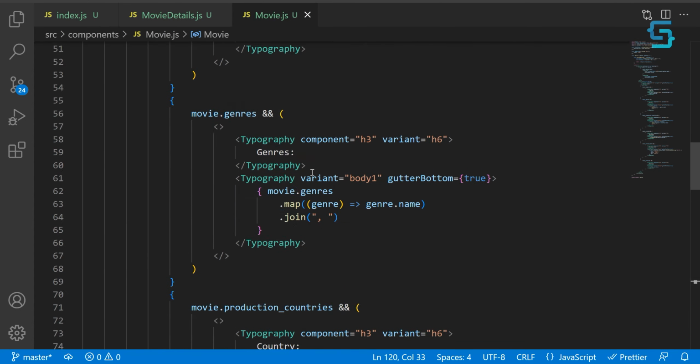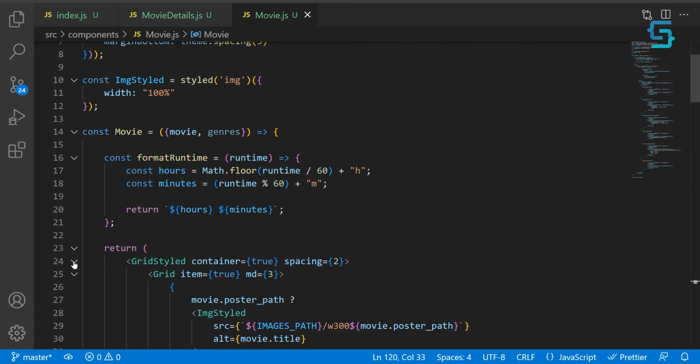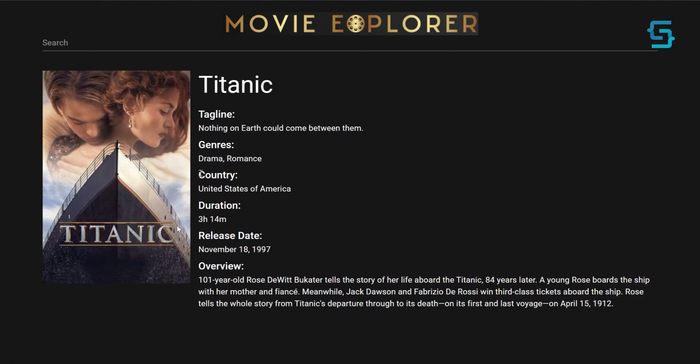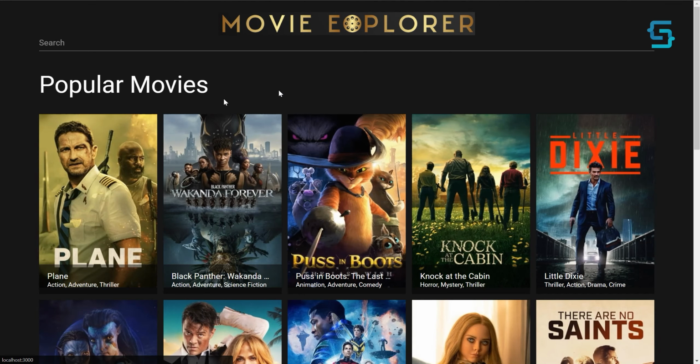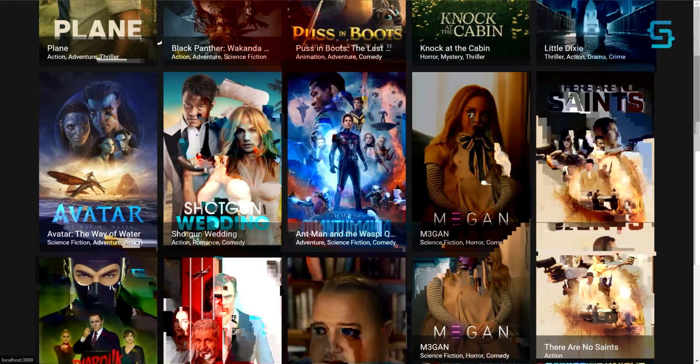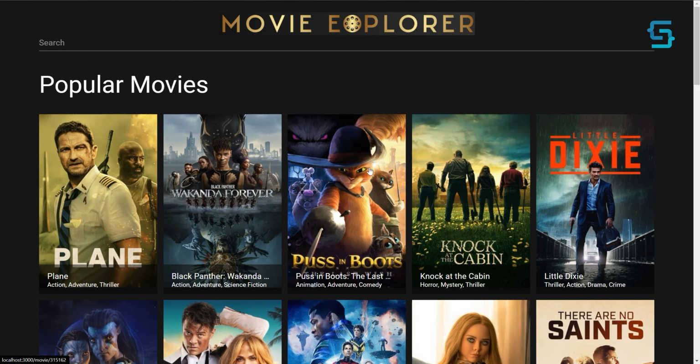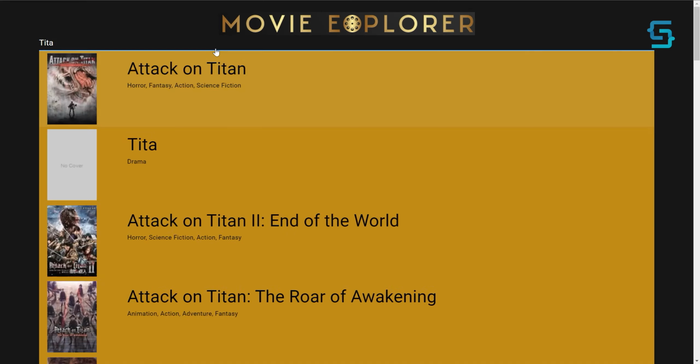And in order to create this recommended section, we can reuse the component that we already created. So if you go to the index page, we can reuse this movie list component, because all this component does is it receives the list of the genres and movies, and maps them and displays all the movies. So let's do exactly the same here on the movie details page. So let's open up again Titanic